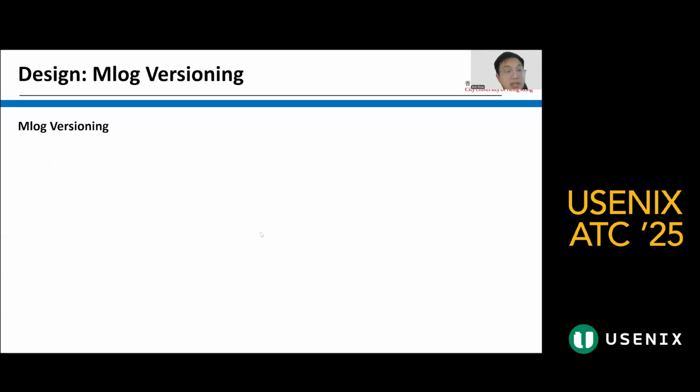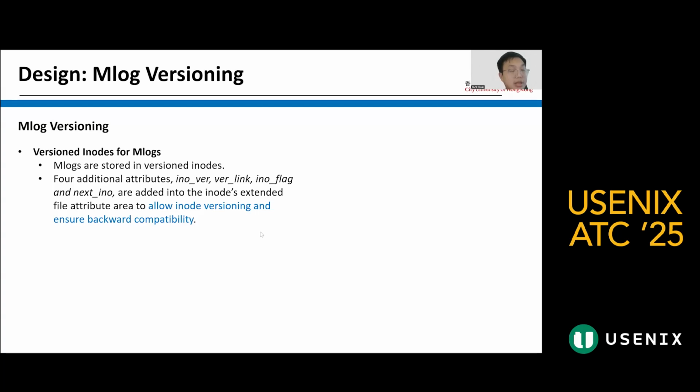The second major design point is the mlog versioning. The mlog versioning means that because there are multiple cloud backups, and each cloud backup indicates an mlog history, we need to manage these mlogs based on their versions. So we store the different cloud backup versions in ILOs, and then we form them as a version ILO chain,